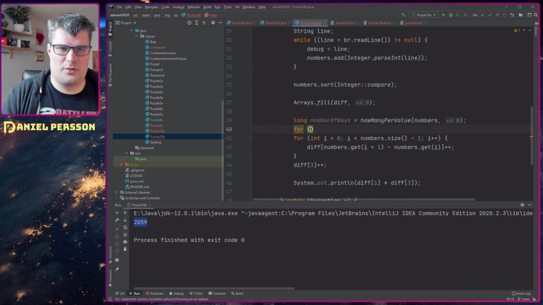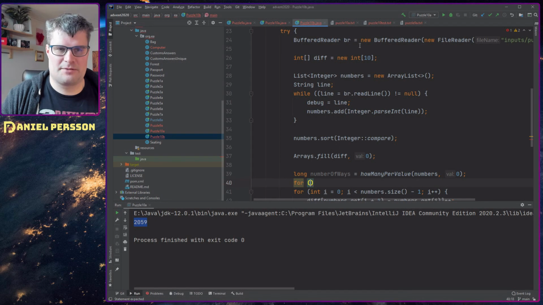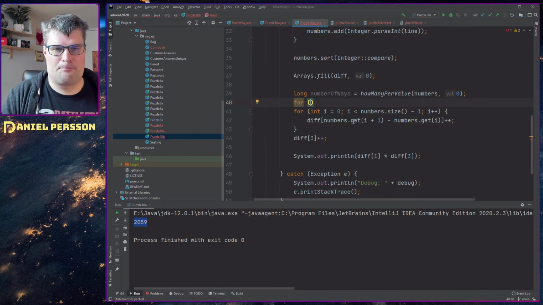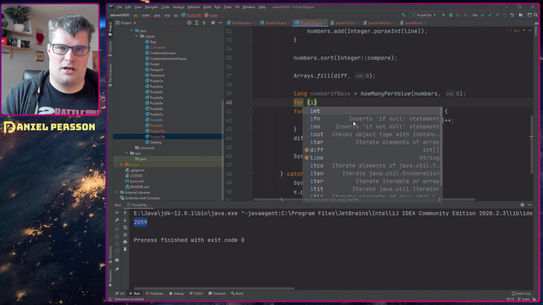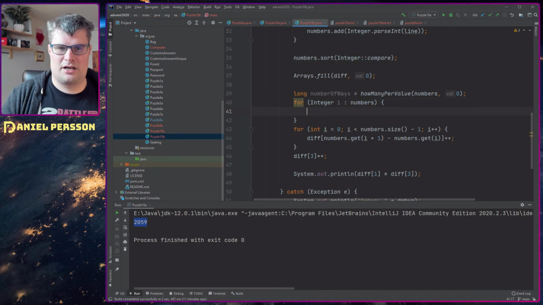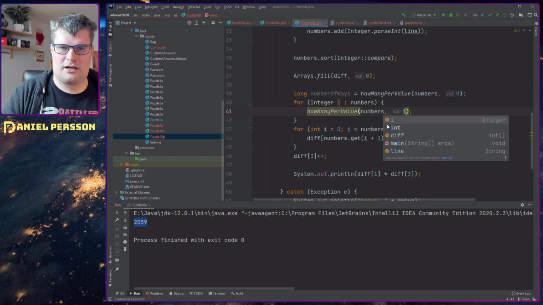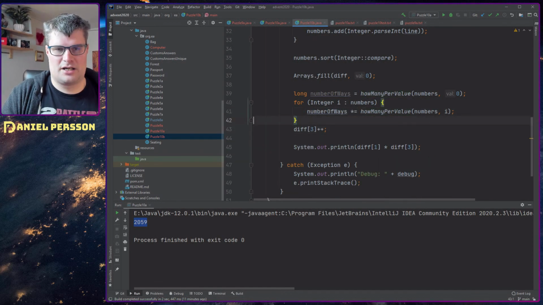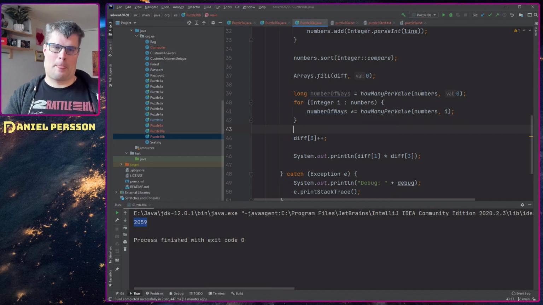Next up, we have a for loop with all the values within this numbers list. And it's sorted, but that's not really required. Integer i in numbers, and then how many ways per value, and then i, and number of ways. So we do times that, and then